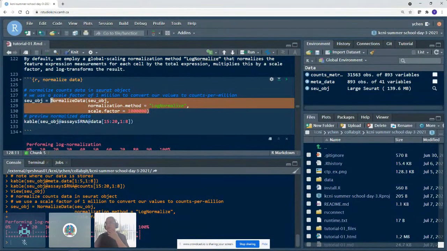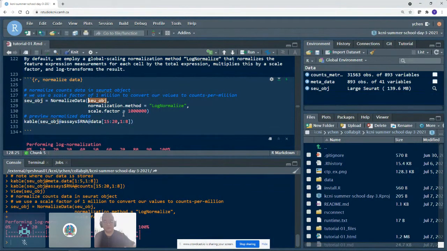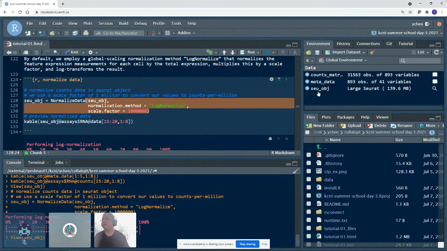Now, for people who are used to coding, even at a very basic level, one of the things we're always told is to be careful about overwriting your object, be careful about overwriting your data. You want to be very careful about assigning, in this case, a Seurat object and seemingly overwriting our object. Obviously, if anybody's careful about what they're doing, that's not an issue. But I do also want to make the point that a lot of these Seurat functions basically have outputs that get stored in one of those other slots